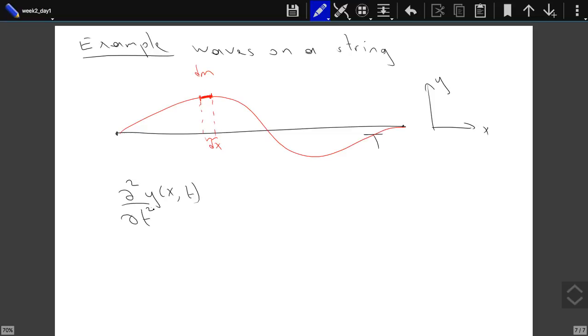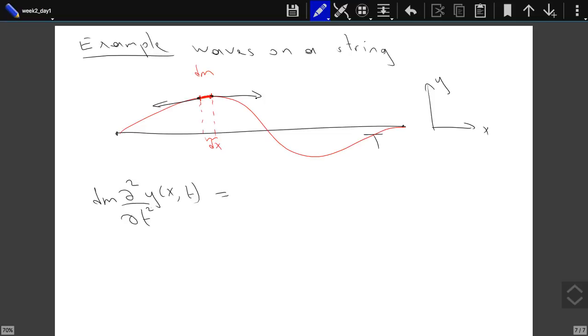Well, this is the acceleration. If we multiply acceleration with mass, it should be equal to the total force acting on it. Well, let's see, what about the force? There is a force from here, pulling it in this direction due to the tension. There is a force at this point pulling it in this direction. The tension will be parallel to the string, but since there is some length, dx, between this point and this point, those two forces,